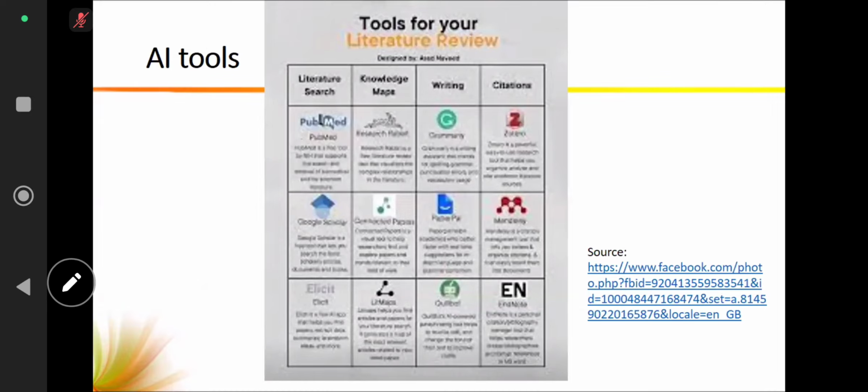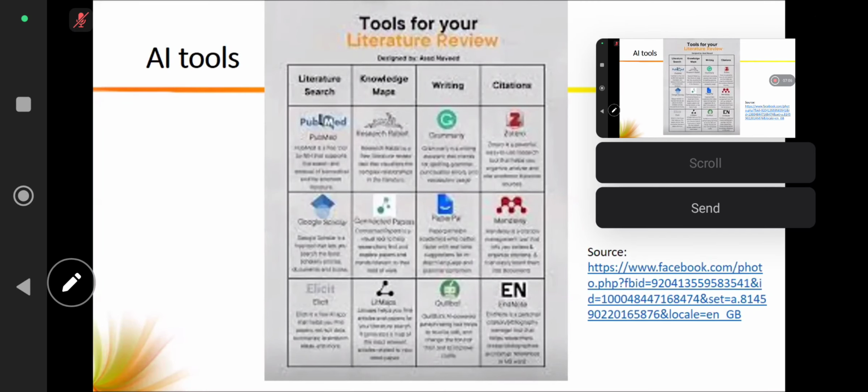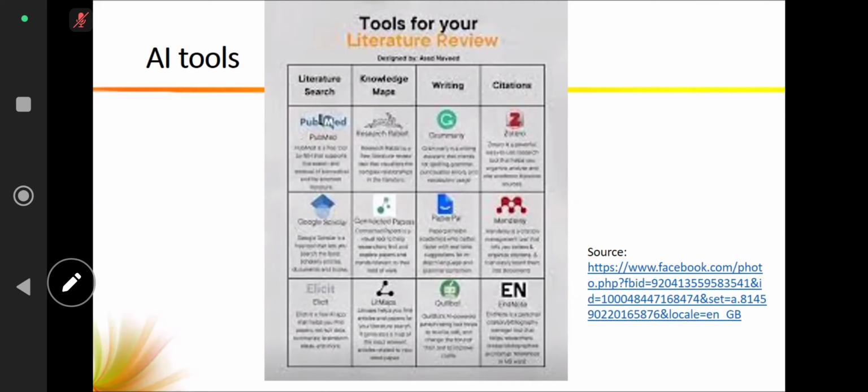Now coming to the AI tools, this is a picture I got from Facebook. This is not created by me. They have given a lot of AI tools here. But among them, I have used Research Rabbit. It's very, very useful. Elicit also is very good. You can use it. And somebody was recently telling me that some newer AI tools have been introduced in the market. I think recently we have something like DeepSeek. I heard that it is good, but I have never used it, because you cannot completely rely on AI tools, and especially